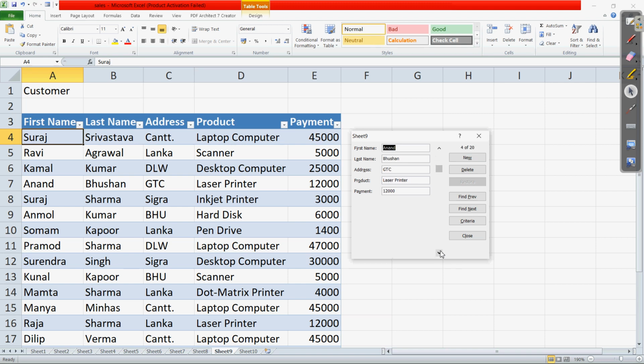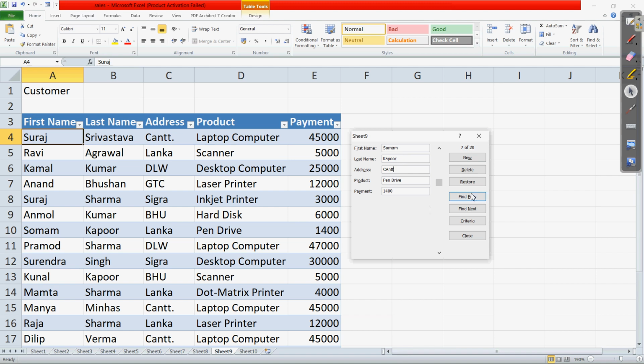Whatever record you want to change, come to that record by navigating or clicking on previous and next. Suppose I want to change the address of this particular person, so select that and write the new address. We have written a new address, then if I click on next or previous, that change will be saved automatically. Clear? If we want to make changes for some more persons, we can select another record and change whatever value. Clear? So this way we can edit and change the values.